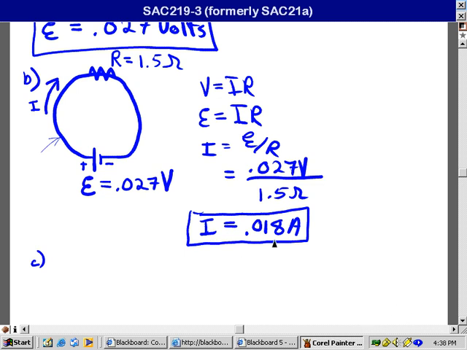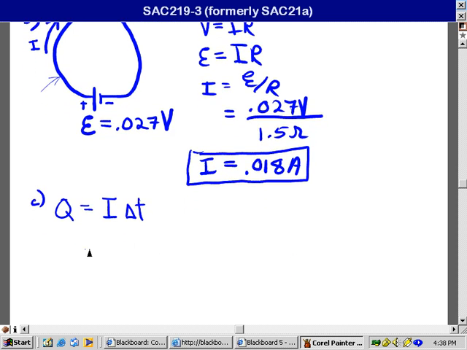Well, current by definition is the charge flow rate. It is the number of coulombs of charge per second passing at any given point in the circuit. So the total charge is just going to be the number of coulombs of charge per second passing any given point times the number of seconds, I call it delta T, during which this charge flows, and that'll be the 0.018 amperes, which is the same thing as coulombs per second,